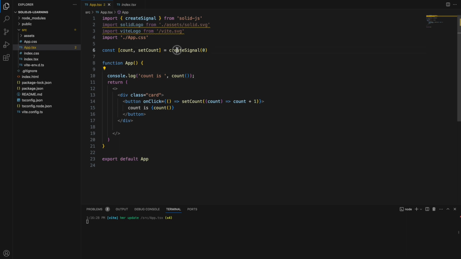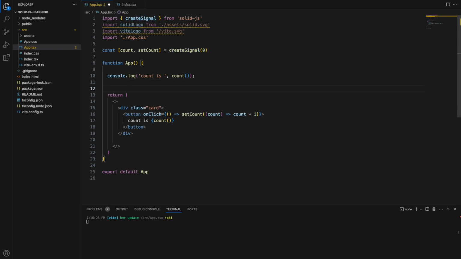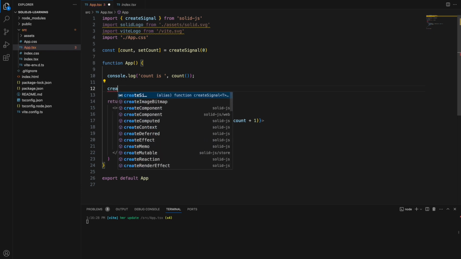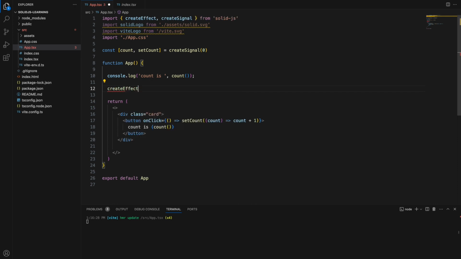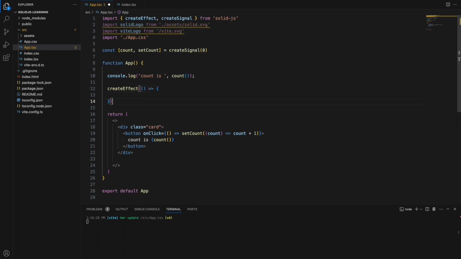So this is the first main primitive. There are two more primitives. For example, if I have to work on this count value, whenever the count value is changing, I want to do some other function, then we can create something called create effect. Again, this is similar to what we have in React, useEffect, but here a little change is there, that is there is no second parameter needed. And here if I now print the same thing,